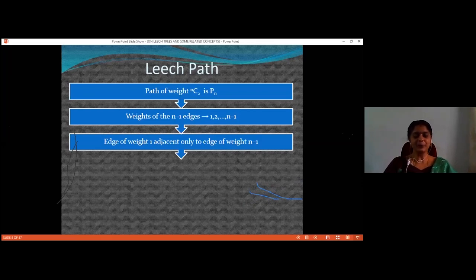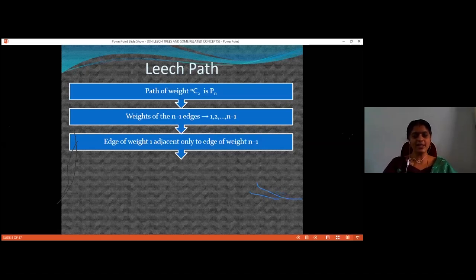And now we have already seen that 1, 2, etc., n minus 1 are already edge weights. So a path must have weight more than n minus 1 to avoid repetition.